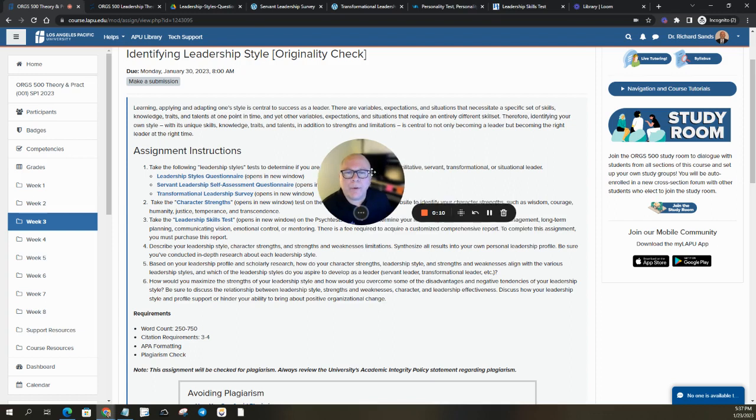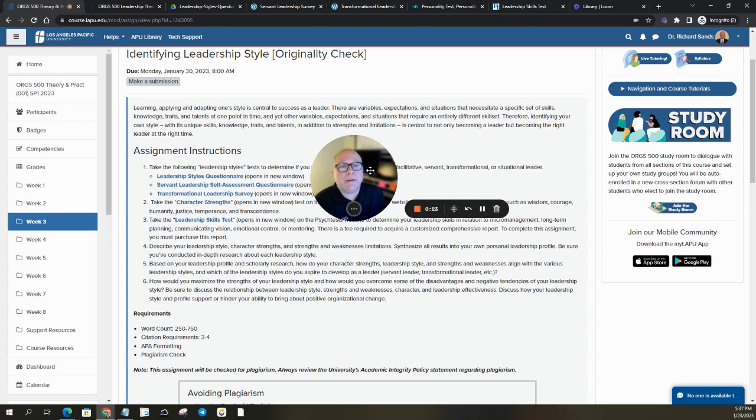All right, we want to go ahead and get started. So, if you read at the top, the introduction: learning, applying, and adapting one's style is central to success as a leader. There are variable expectations and situations that necessitate a specific skill set, knowledge, traits, and talents at one point in time, and yet other variables, expectations, and situations that require an entirely different skill set.